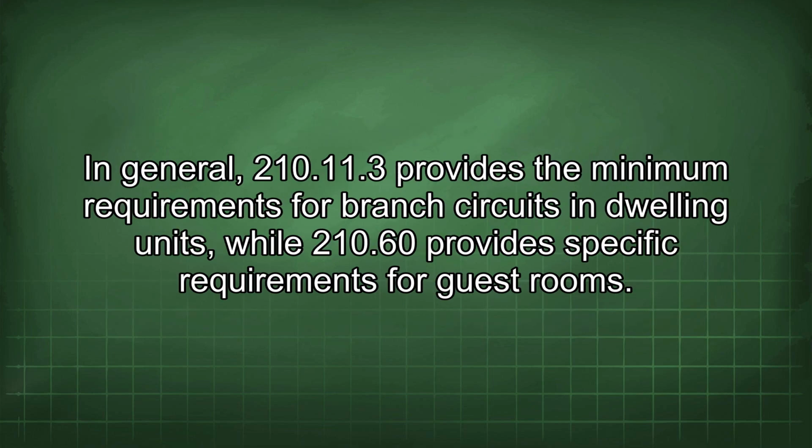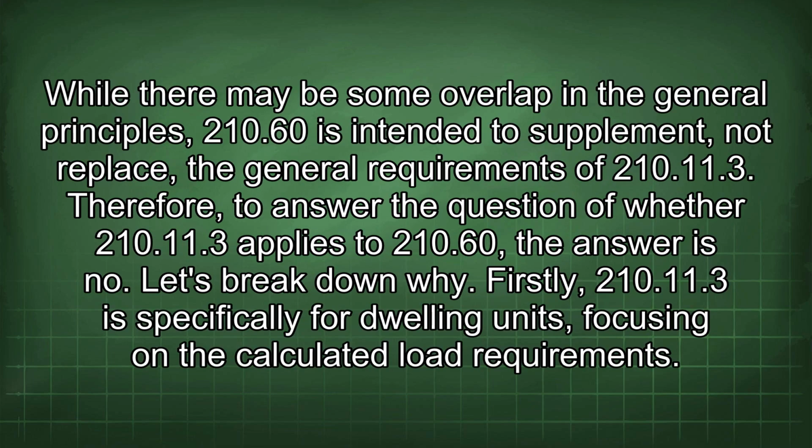In general, 210.11(3) provides the minimum requirements for branch circuits in dwelling units, while 210.60 provides specific requirements for guest rooms. While there may be some overlap in the general principles, 210.60 is intended to supplement, not replace, the general requirements of 210.11(3). Therefore, to answer the question of whether 210.11(3) applies to 210.60, the answer is no. Let's break down why. Firstly,